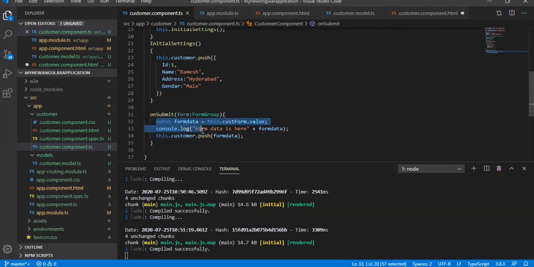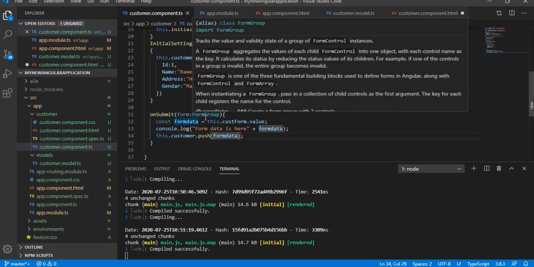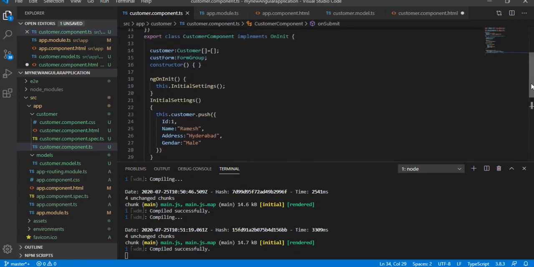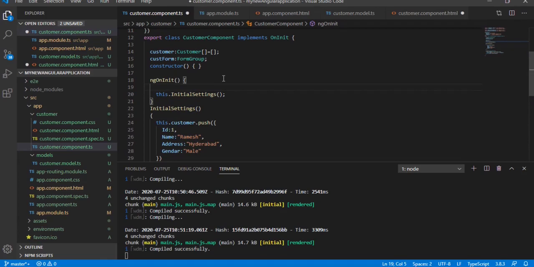Before doing this, we need to do something in ngOnInit. We need to initialize the form group, the customer form group.